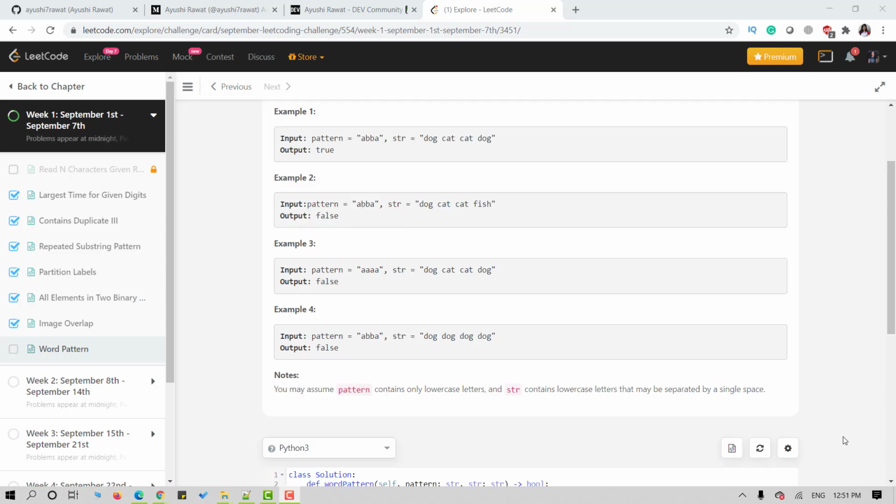Notes: you may assume the pattern contains only lowercase letters and the string contains lowercase letters that may be separated by a single space. One way to think about this problem is to have a single hash map, tracking which character in the pattern maps to which word in the string.